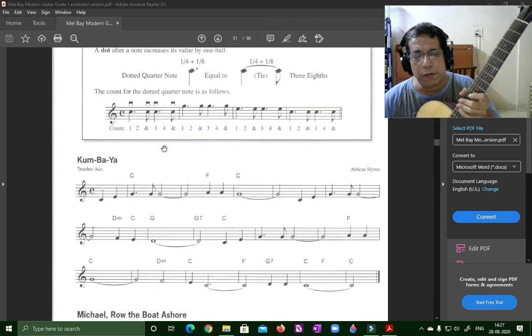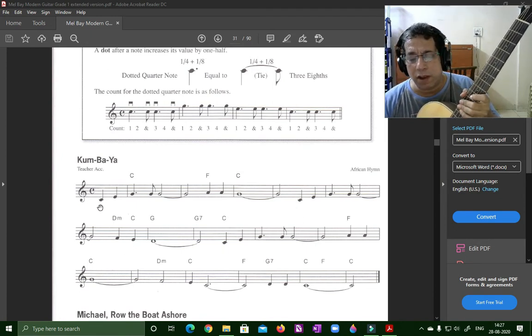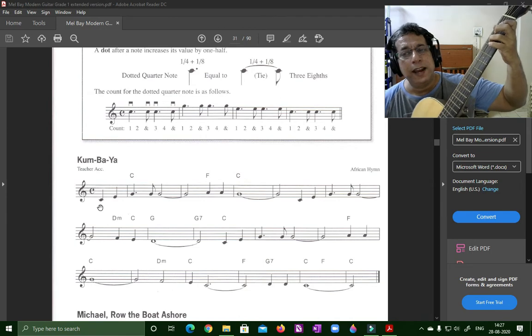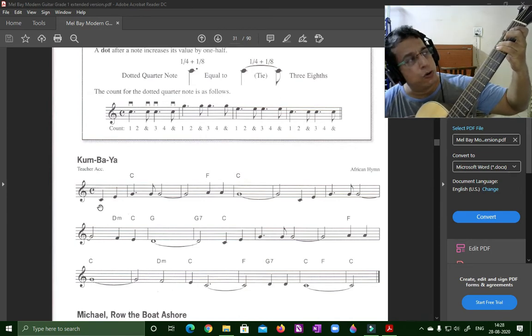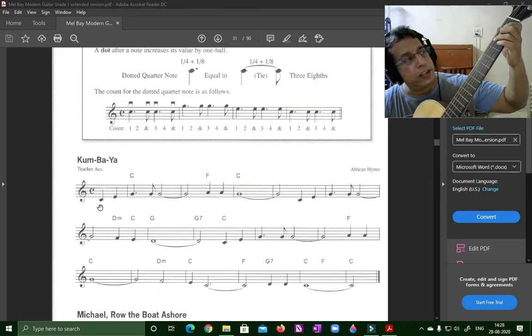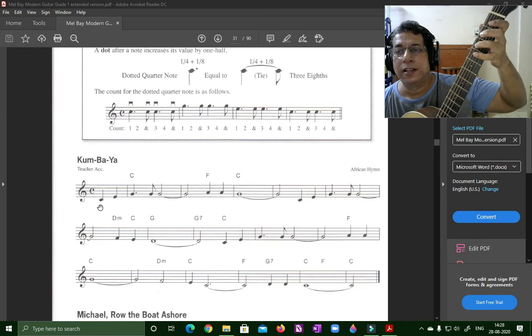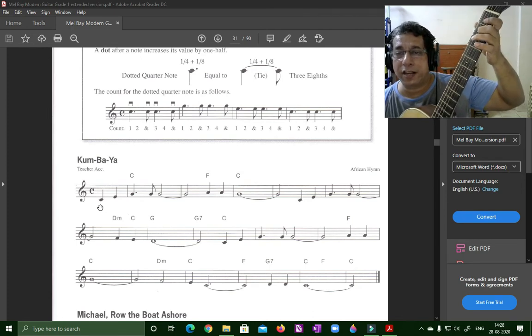Okay, so that is the basic tune. Now we'll start with this first note C, which we have now learned on the 5th string on the 3rd fret. Next note is an E. E goes to the 4th string, 2nd fret. So we're going from the 5th string, 3rd fret to the E on the 4th string, 2nd fret. So I'll go.